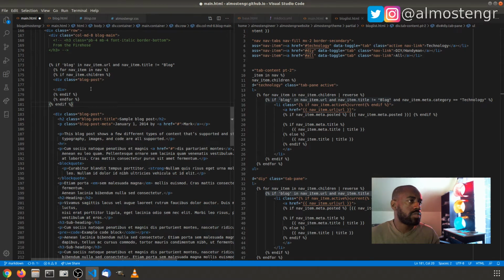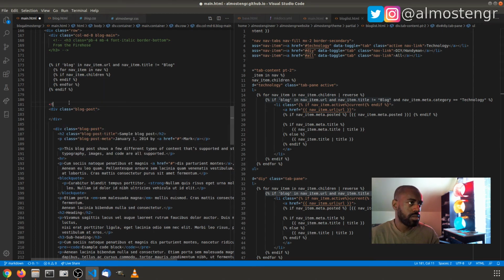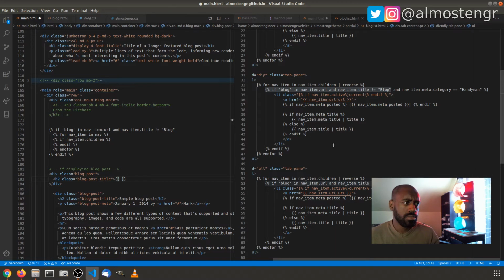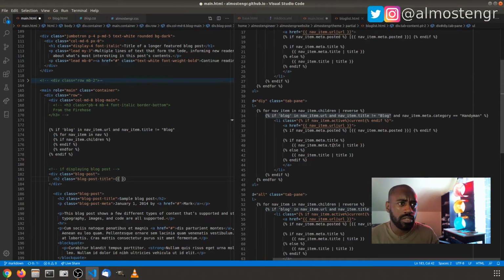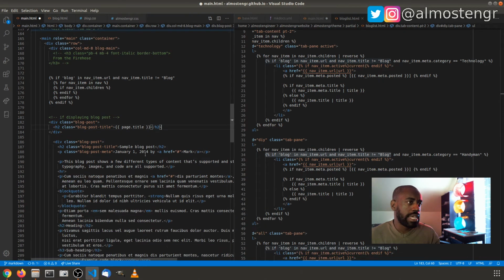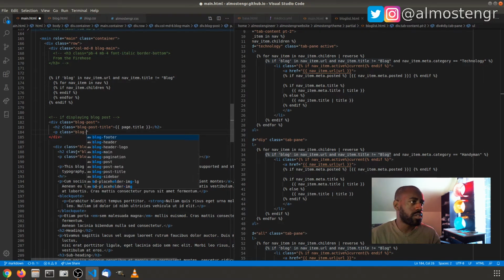All right, so that will post the, no, I'm mistaken. Okay, so that actually needs to come out. All right, so you have an if condition that if displaying blog post, then you'll show this div here. And what I'm going to do is copy this h2, and then we're going to do, I believe it is content. No, here we go. We actually need to do a check of the page. So page.title, I believe, is the name of that variable, and close out that h2. And then it has the paragraph class of blog post meta, and we're going to do